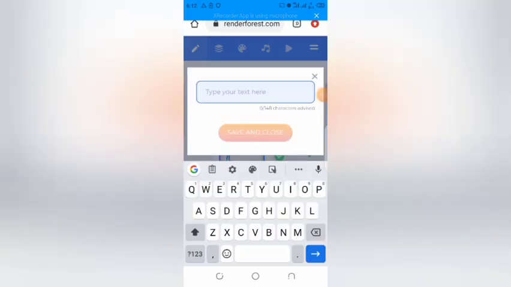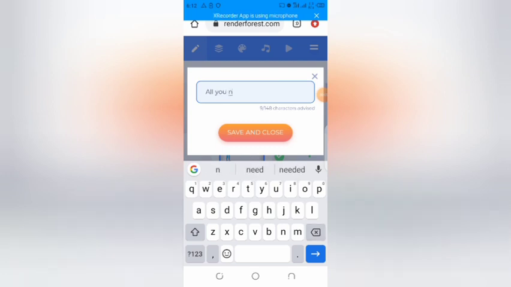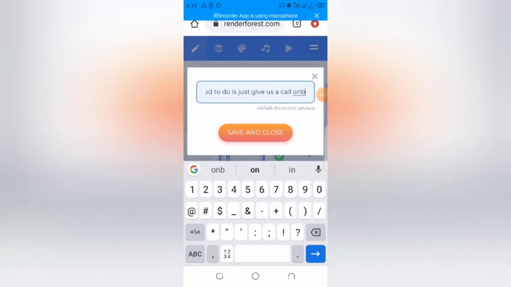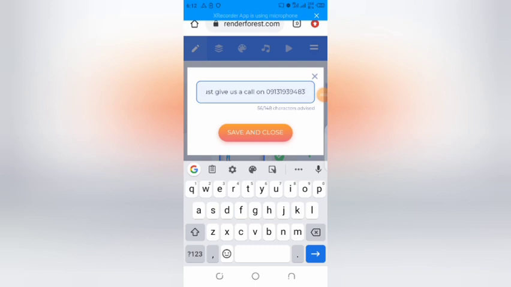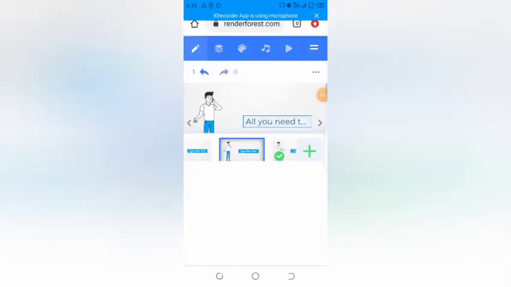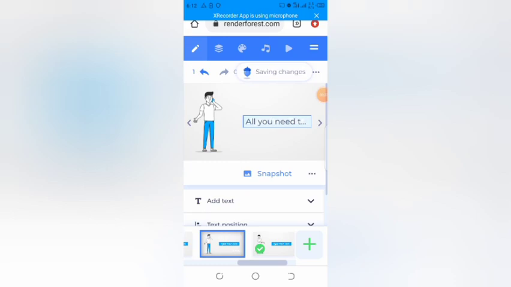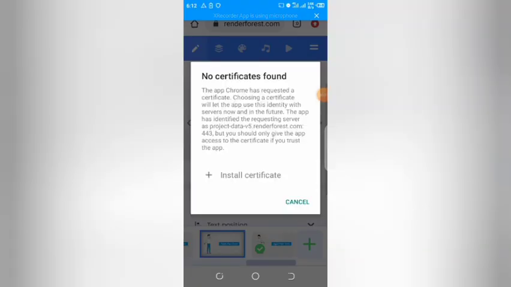Here we're going to say all you need to do is just give us a call on. You input the brand's number. Please, so when you are creating this thing, like I said, save your script. This is just rubbish that I'm currently doing, but hey, there isn't need to practice, right? So whatever. And then the last place,